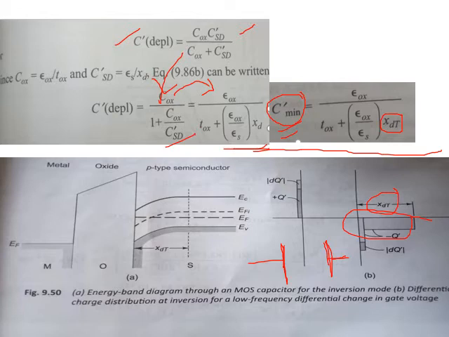And this is the third case. In the third case, we have seen we are increasing the positive potential very large. They are giving a very large positive potential. So due to that positive potential, what happens? More number of holes will be repelled away, right? More number of holes will be repelled away, and the depletion width will be more.